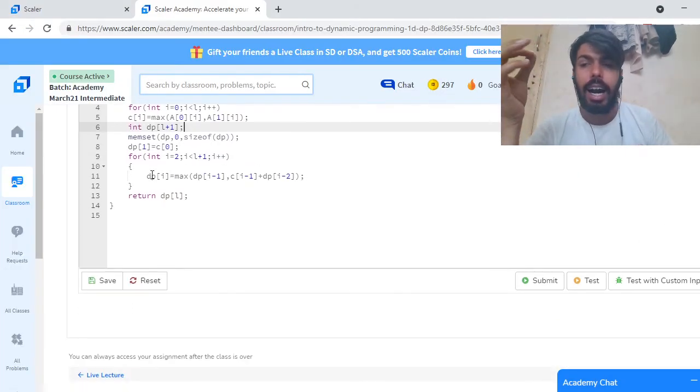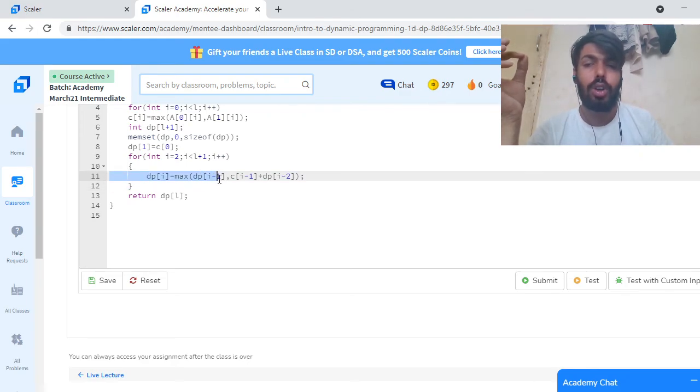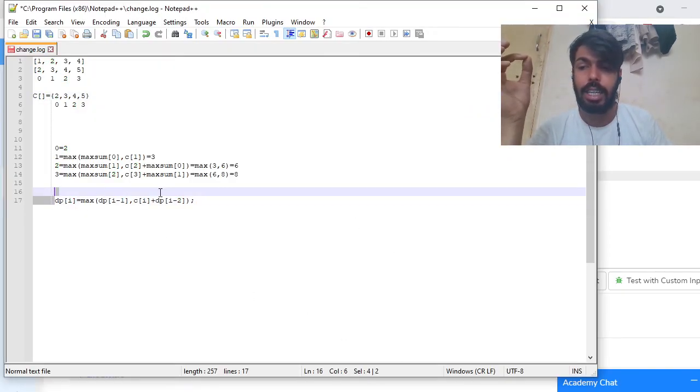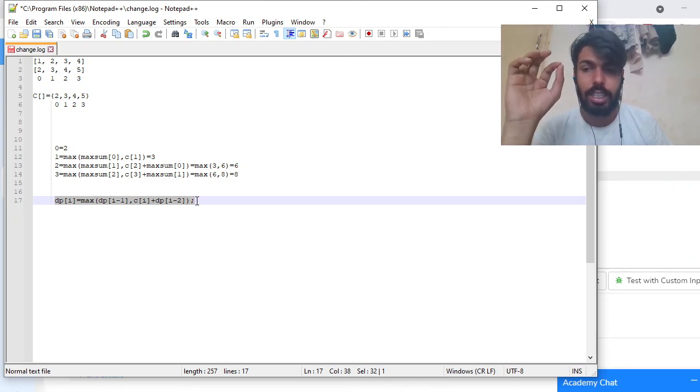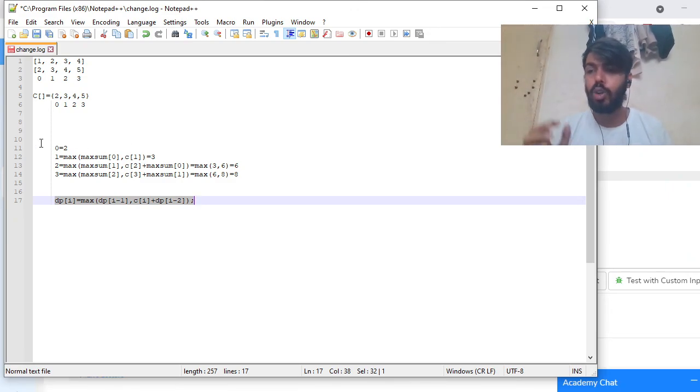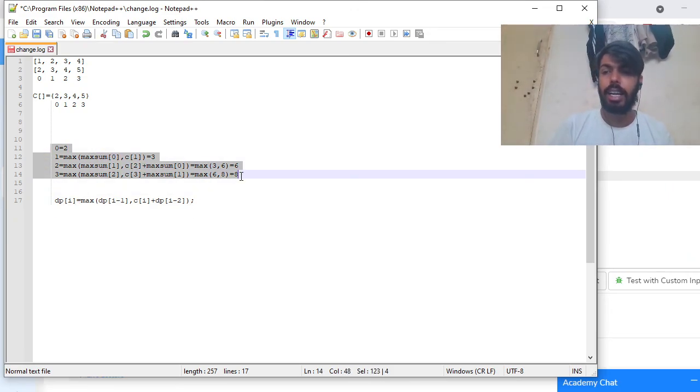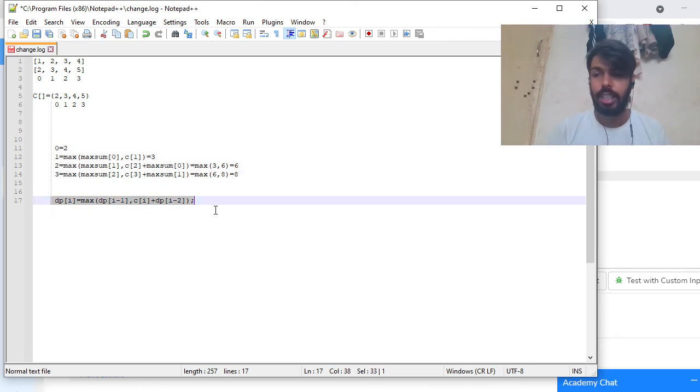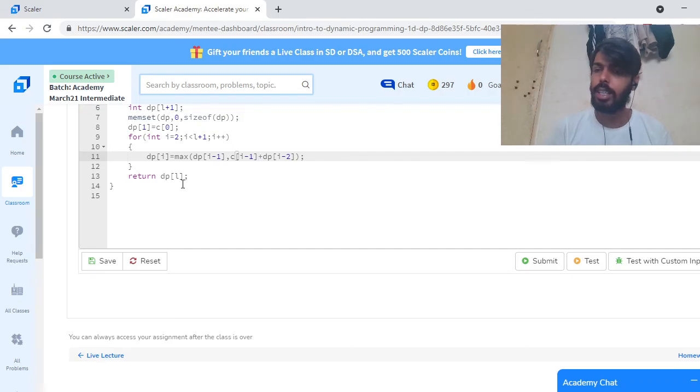Then I iterated over the DP array and did DP of I equal to max of DP of I minus 1 and C of I minus 1 plus DP of I minus 2, which I already explained: I took the observation from this sample and formulated this expression. And DP of L will be returned as our solution.